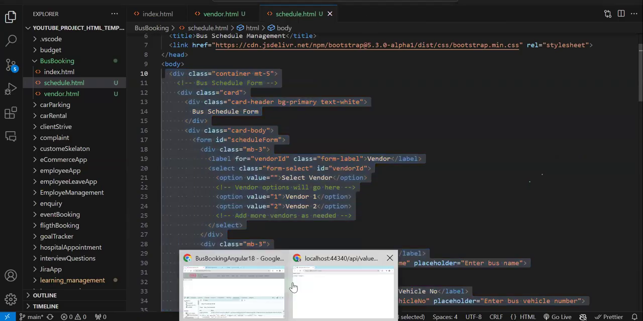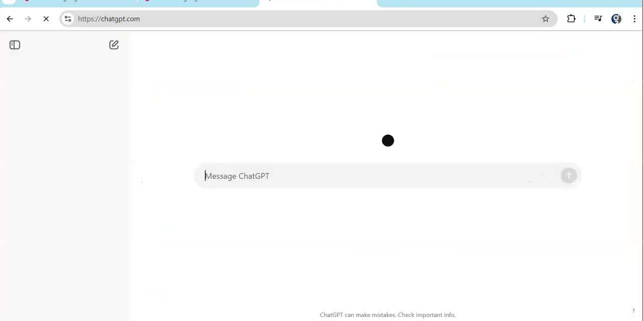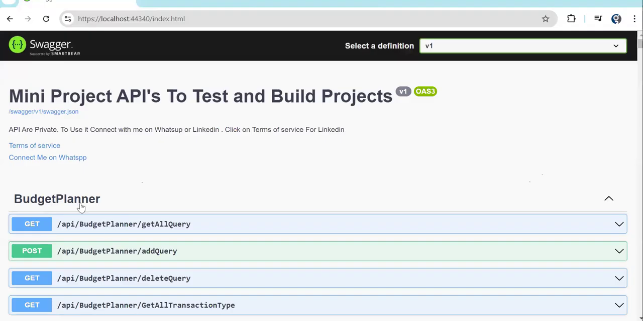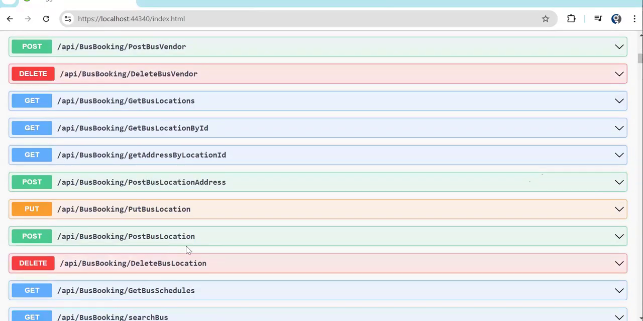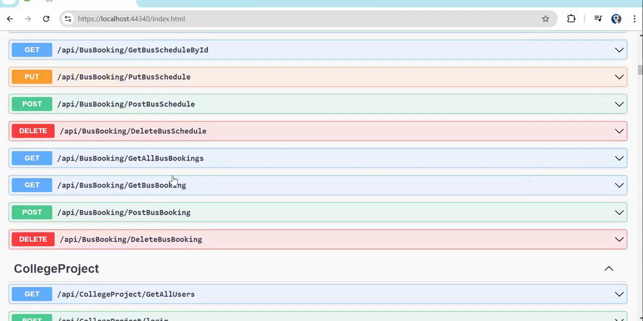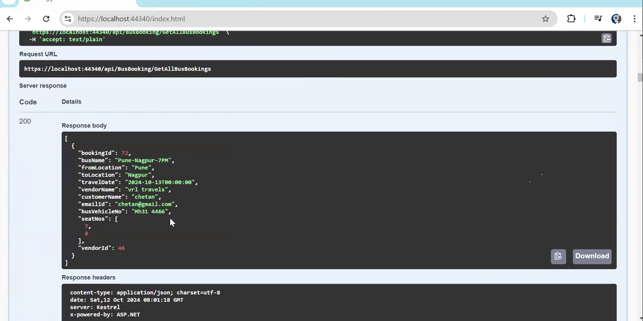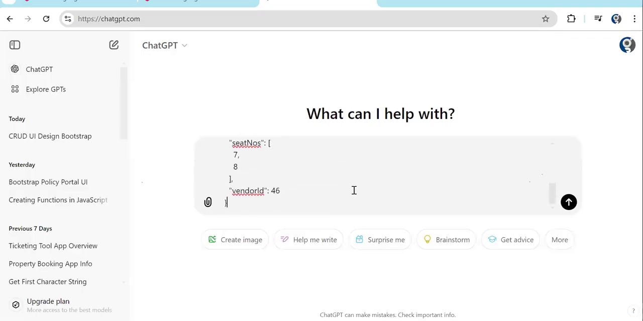Okay. Let me show you the use of ChatGPT also. Let's open the ChatGPT. Now, what type of data am I going to get? Let's see one more time. Get all bus booking. Okay. This type of data I'm going to get. So what I can do, I will just copy this and I will ask ChatGPT to create